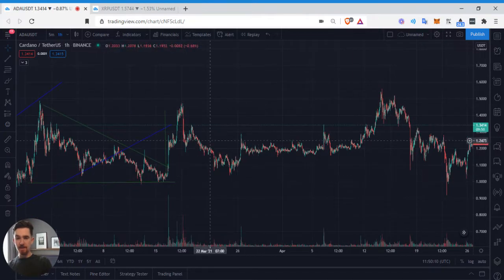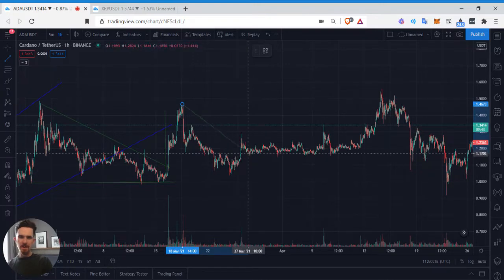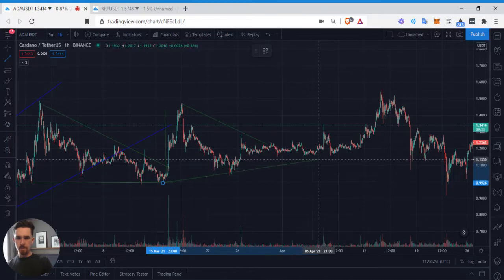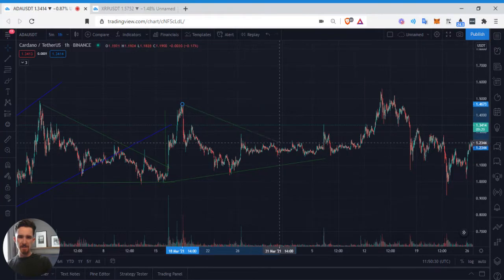You saw another little descending triangle here, Cardano. So we saw this go on. You could kind of call this a descending triangle. Depends on how you want to draw it, but you could also draw it like this. I would prefer to draw it a little bit different, but some people, again, it really just depends on your preference, to be quite honest. So you could draw it like this, and then you would just move this down. It's like that. You see what I mean?